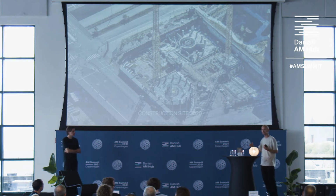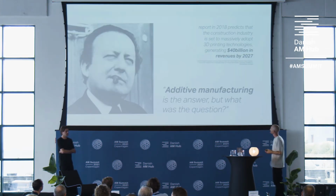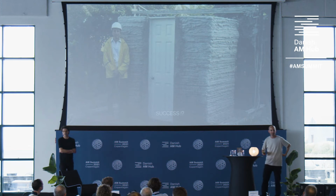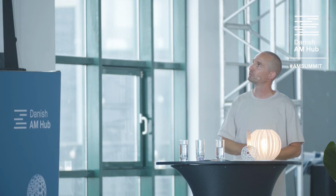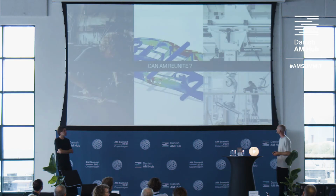It's actually a lot of manual procedures, and if one of the many different professions in this process doesn't get it right, then we lose a lot of value. So the question, I think, is really what is it that we want to resolve with additive manufacturing through this process? A lot of research and development is going into a strategy about putting the entire architecture through the nozzle. You could say if that's right or not. I think the potential with additive manufacturing is much, much greater. So can additive manufacturing unite craftsmanship, engineering,